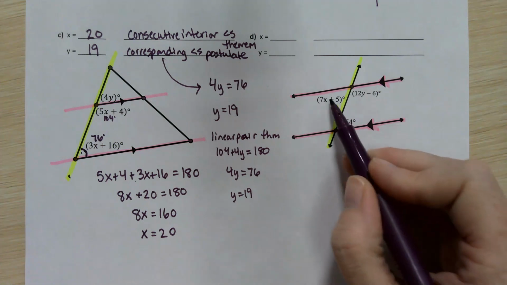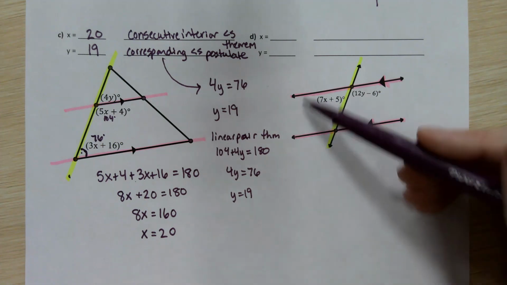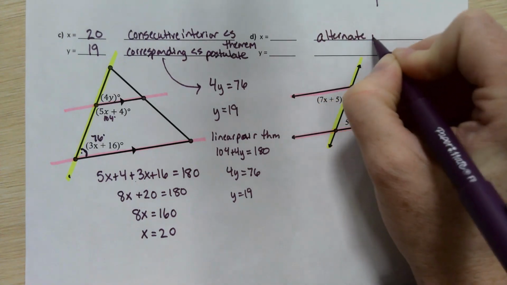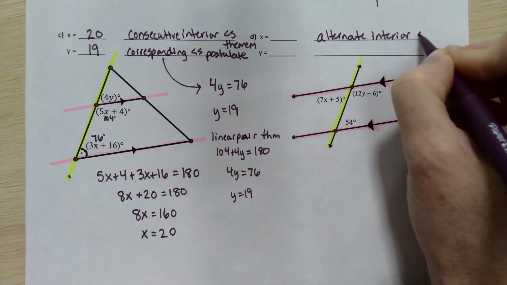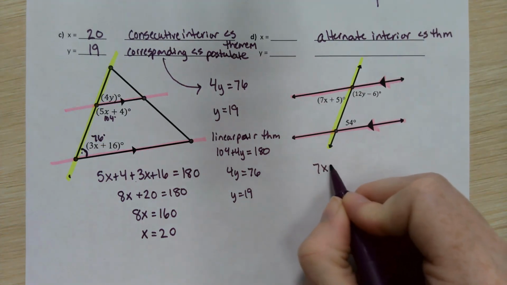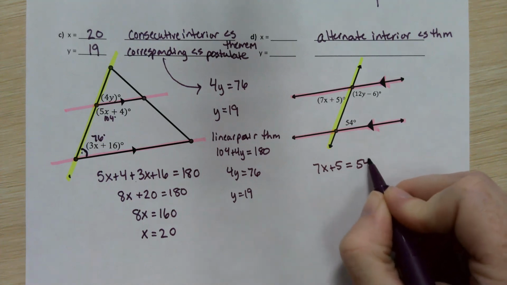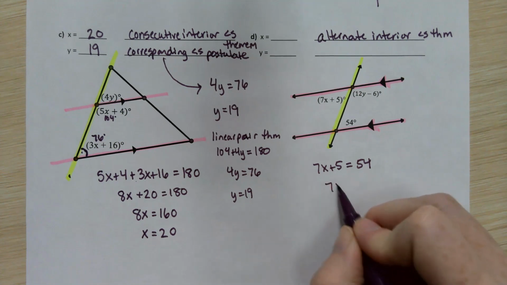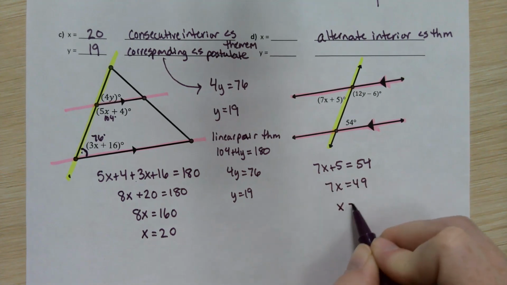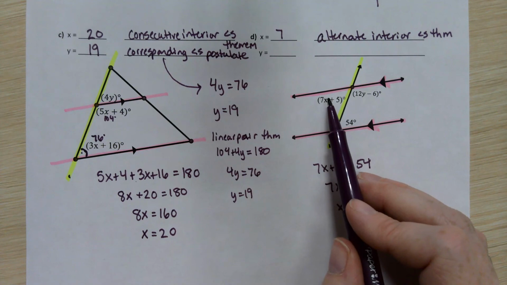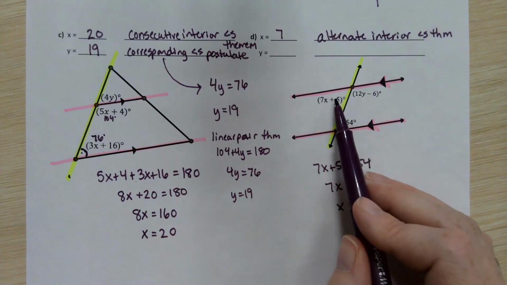Those two angles are on alternate sides of the transversal, and they're both in that interior space. So the alternate interior angles theorem is going to be our ticket to write the equation that 7x plus 5 is equal to 54, since alternate interior angles are congruent. Subtract 5 from both sides and then divide by 7, and x turns out to be 7. Now we could plug that x back in, substitute it, or realize that this is 54 degrees, so these two